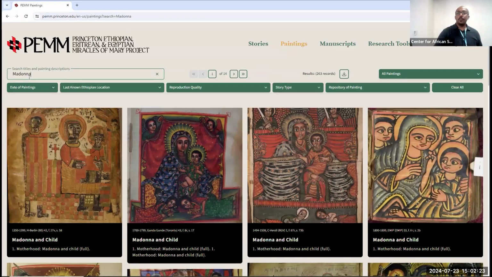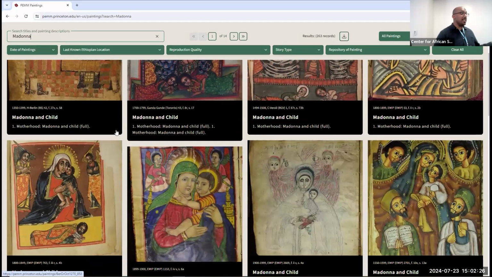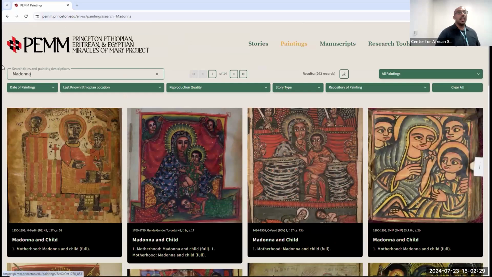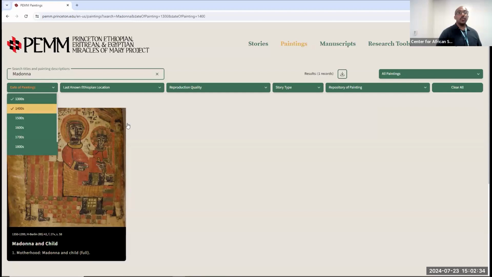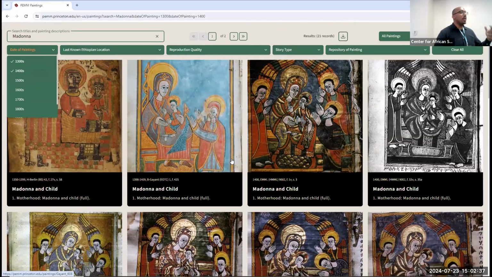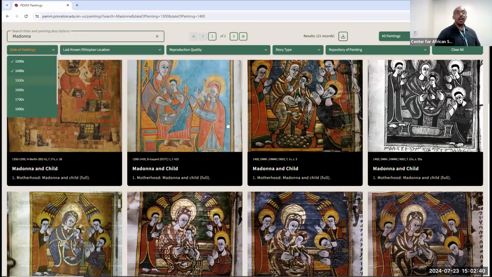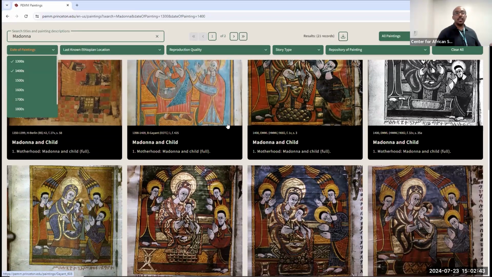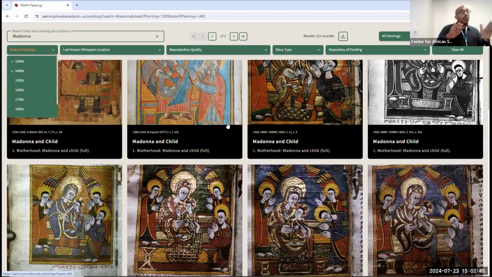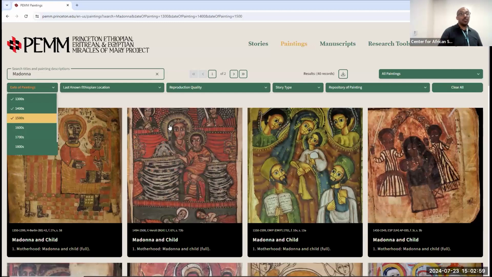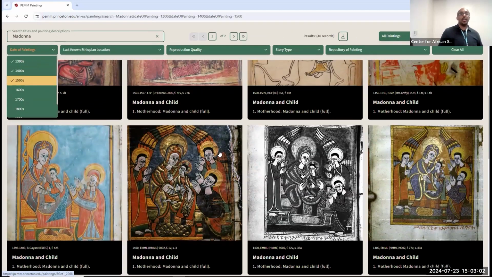all the paintings with Mary with her child. One thing I really like to do is limit it to the 1300s and then the 1400s, and then I can see the progression of how paintings changed over a period of time. You can really get your students to look at what was different from the 1300s to the 1400s to the 1500s, and look at the features by limiting it down to a specific thing. I think that's another way you could use the website that is fascinating, right? We're looking at African paintings from really, really early periods.